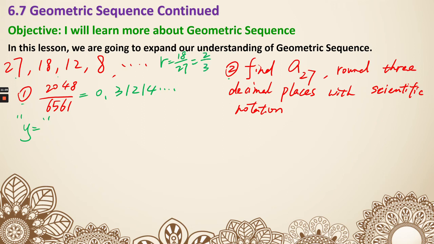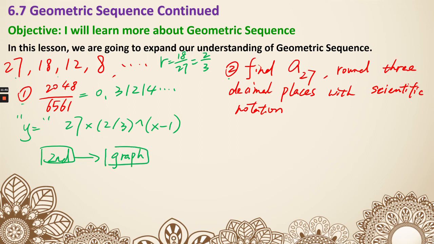So my explicit formula is 27 times 2 over 3, then little caret, x minus 1 in your calculator. And then press second graph. And then you are going to try to find